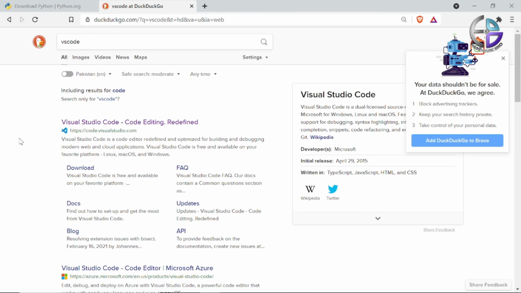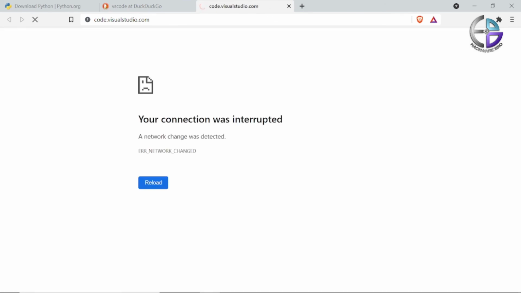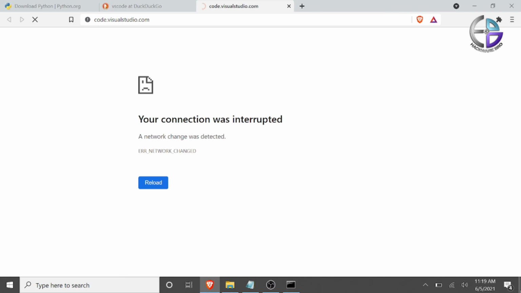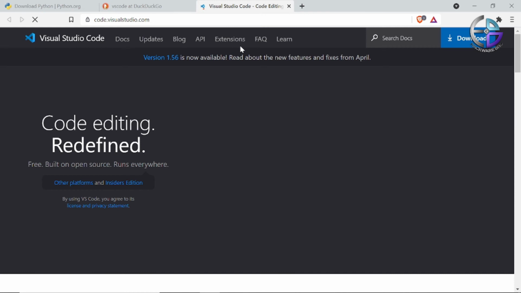Okay, so here is code.visualstudio.com. Install VS Code from here, from their professional website.